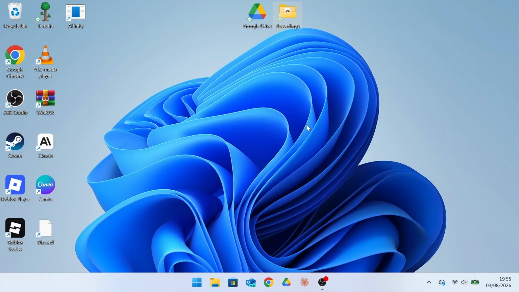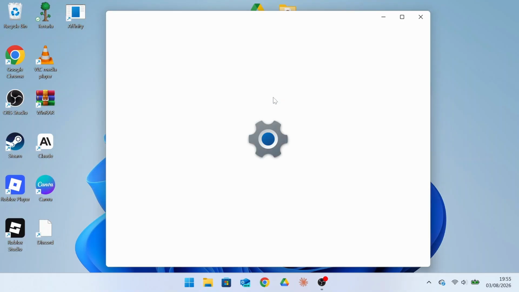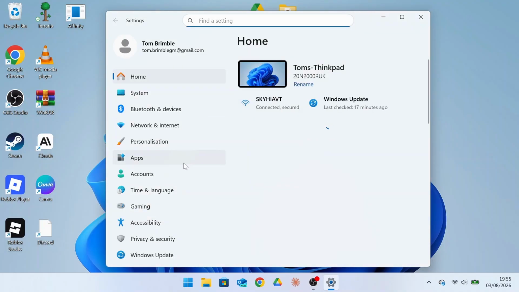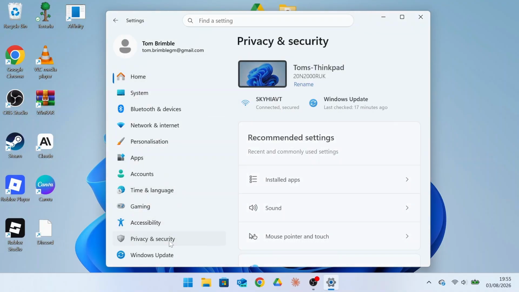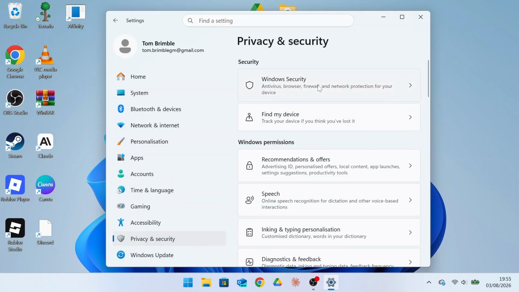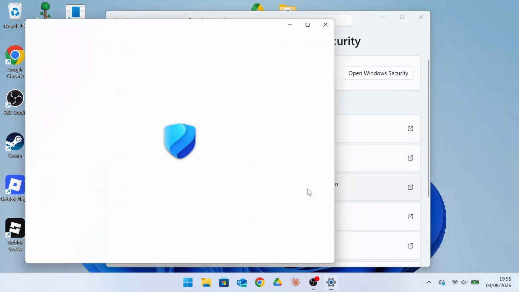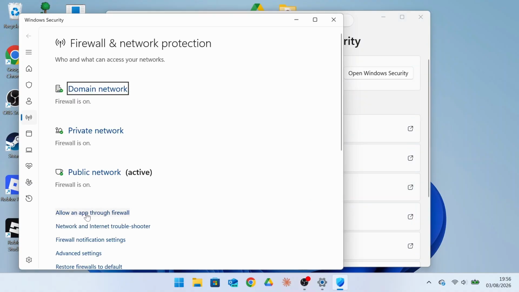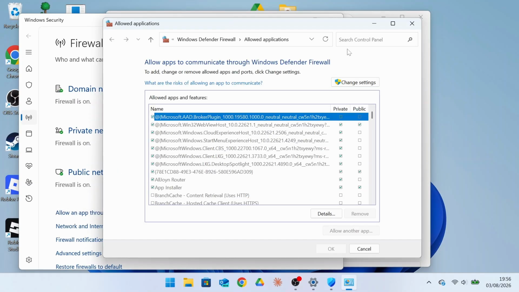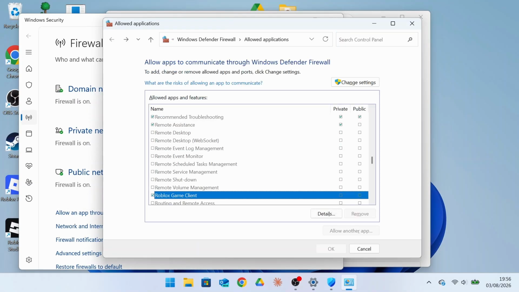Now we're going to ensure that Windows Defender or third-party antivirus software is not blocking Roblox from accessing the internet. So you need to open your settings menu and then go down to privacy and security. Now go to Windows Security. And now open Firewall and Network Protection. Allow an app through Firewall and search for Roblox. As you can see, my Roblox game client is ticked already, so if yours isn't, tick it and then press